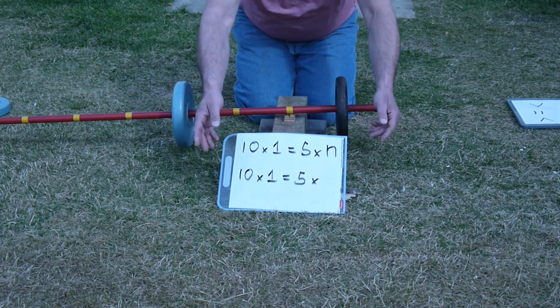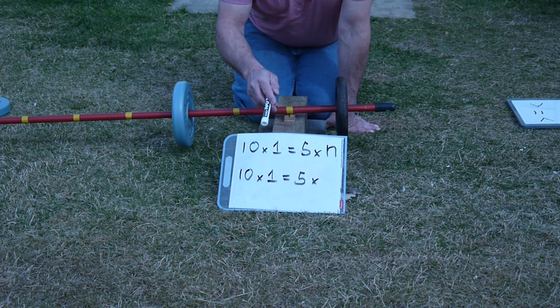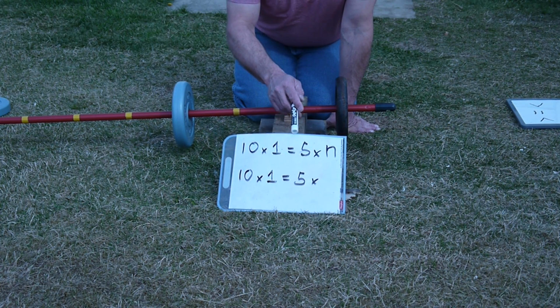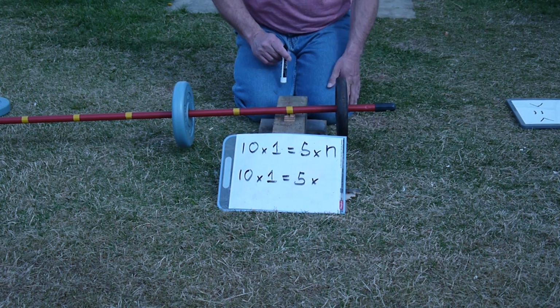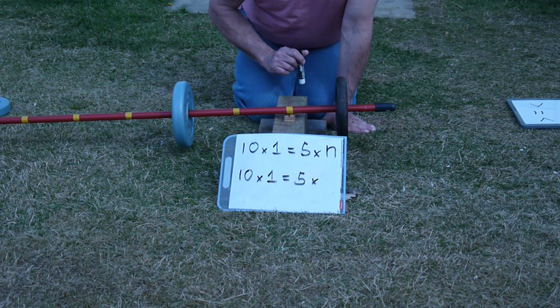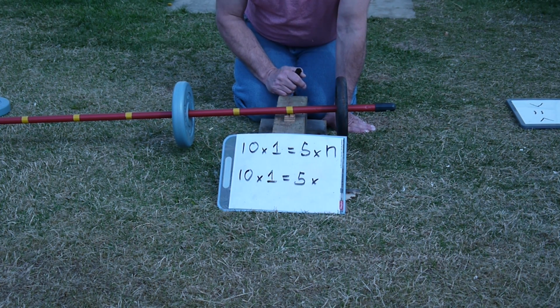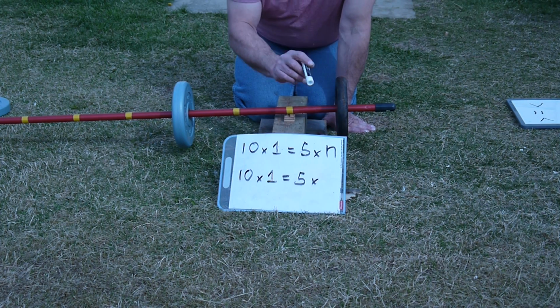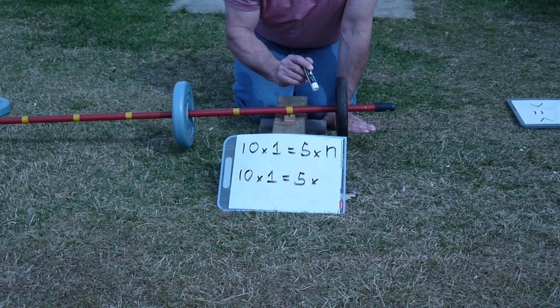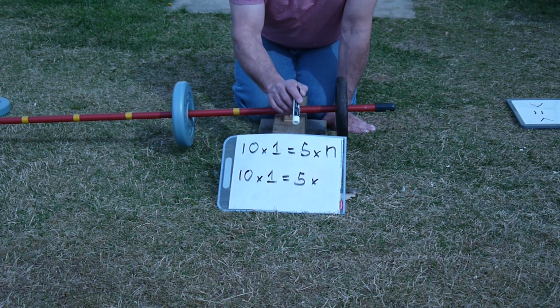So I'm going to show you this here. Very often you'll see on sheets of paper these types of expressions: 10 times 1 equals 5 times n. As soon as we introduce letters, children tend to say, that's not a number, it's a letter. And it becomes a challenge. But this n, anytime you see an expression like this, it just means something is missing that is required to